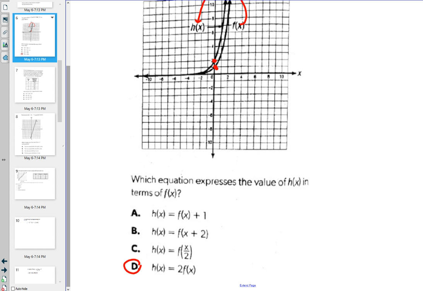Definitely couldn't be A, because A would be the first one I could eliminate. If it was A, the asymptote would have changed. They both have the same asymptote, so I know it can't be A. I know it can't be C also, because if C would have happened, if I was dividing it, well, you know what, you guys, we didn't even cover those types of, but if I were to divide the x by 2, well, actually,